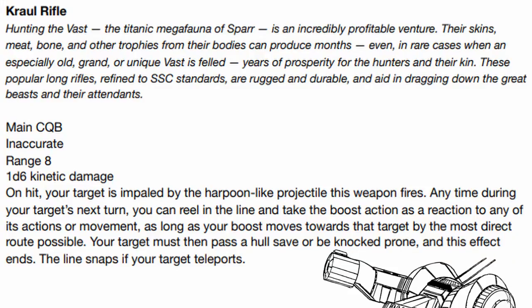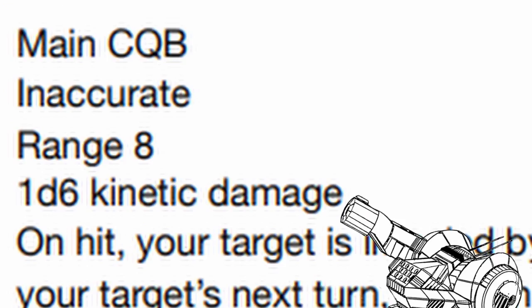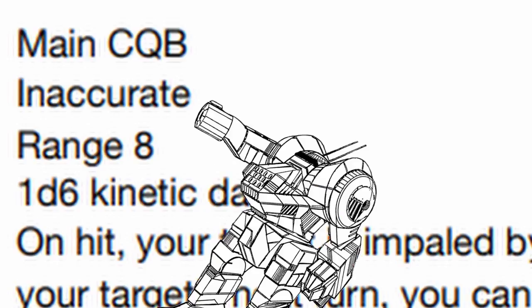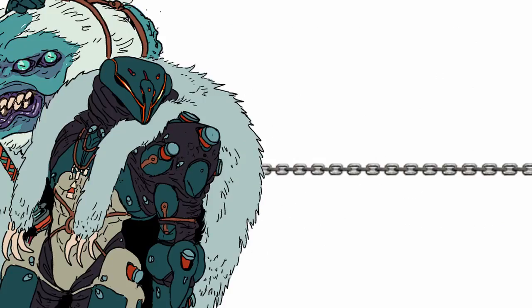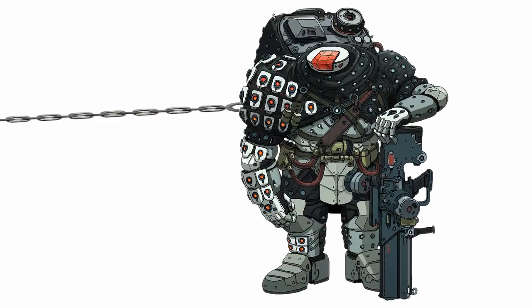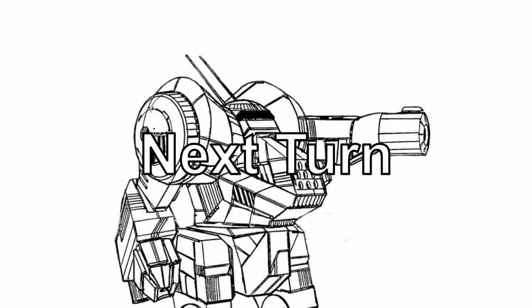Is a gun that keeps your enemy close by. Okay damage, decent range, but it's inaccurate. However, its performance isn't really the weapon's main point. On hit, your target is now hooked by the gun, and any time during your target's next turn, you can